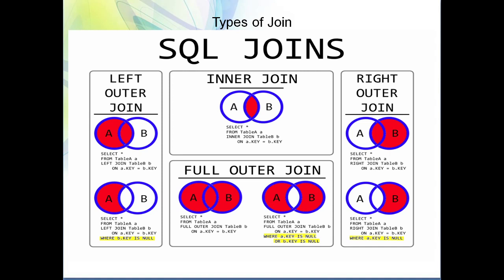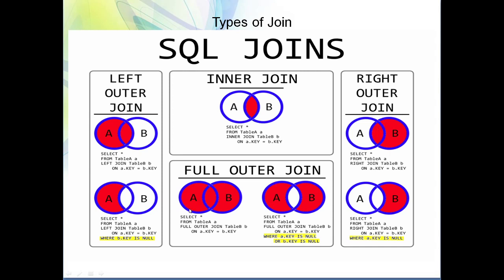And similarly, we need to discuss outer join. There are left outer join, right outer join, and full outer join. So this is a single diagram which represents the various types of join. In this particular lecture, we are focusing on inner join. Again, you have left outer join. This is one more variation. It returns data which is not only common in both tables, but also data only present in the left hand side table. Similarly, in case of right outer join, you observe this Venn diagram, where you will find that it returns data which is common in both tables plus data only present in the second table. So this is a right outer join.